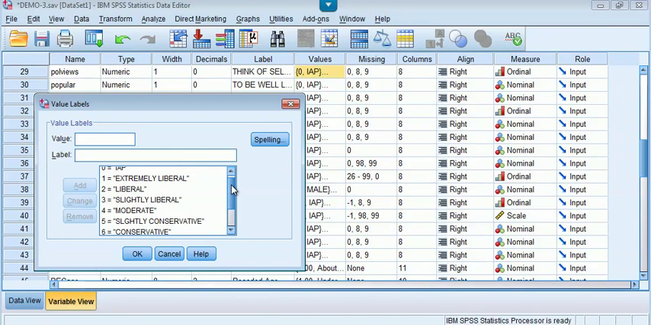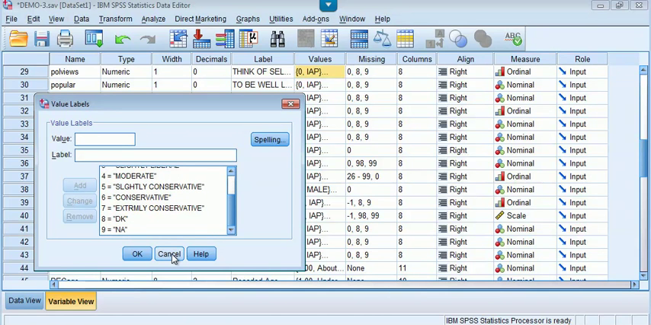So what we're going to do is collapse categories 1, 2, and 3 into liberal, and we'll label that 1. We'll keep moderate as moderate, and we'll label that 2. And we'll take categories 5, 6, and 7 and label those all together as conservative. And we will label that 3. So knowing that information now, and after you write that down on your piece of paper,